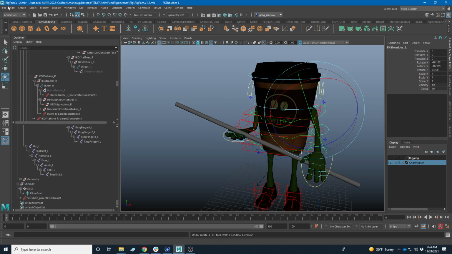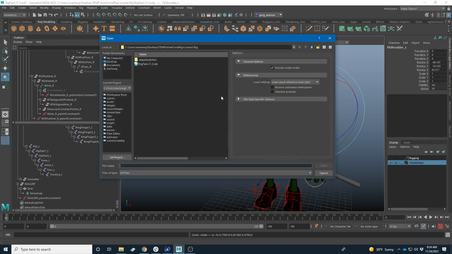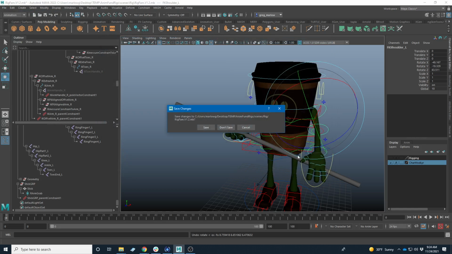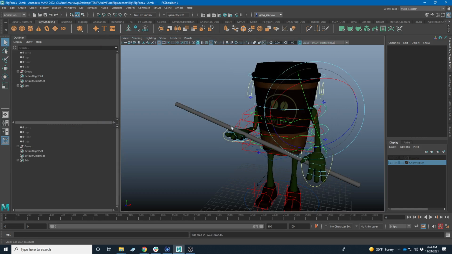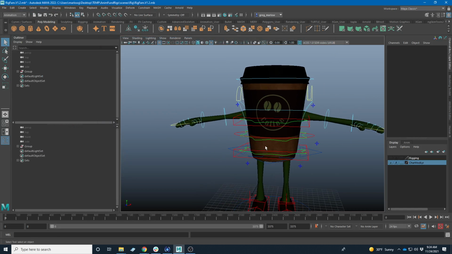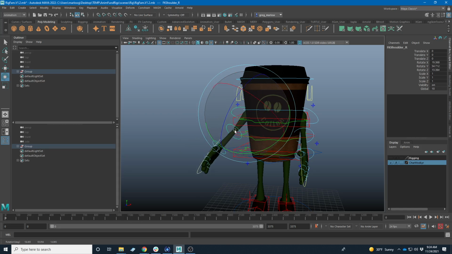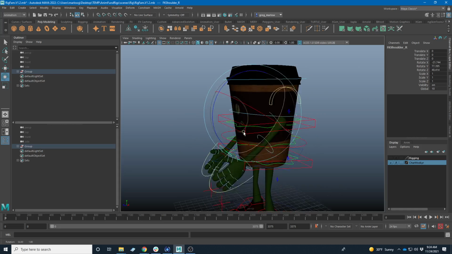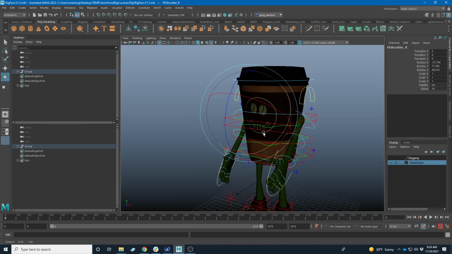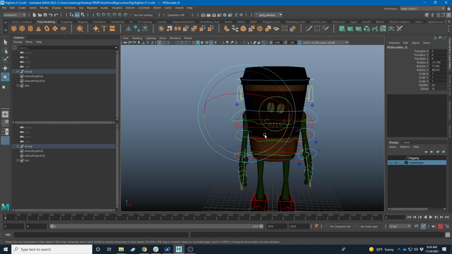So this would also work if your character was carrying a box or something like that. Actually, let's just go ahead and open the scene again, so we have a new version. And so I could do the same thing again. If your character needs to carry a box in front of them, I could have the FK arm be the primary arm that's carrying the box. I could switch this one to IK and have it be the primary one that's carrying the box. Another option, and I will show you why this is an option, but it's maybe not the only option you would want to think about,